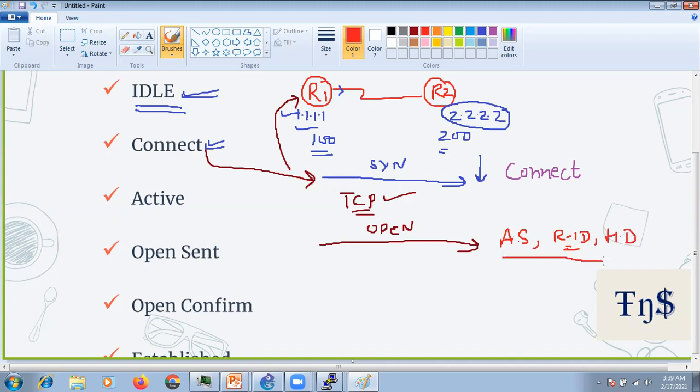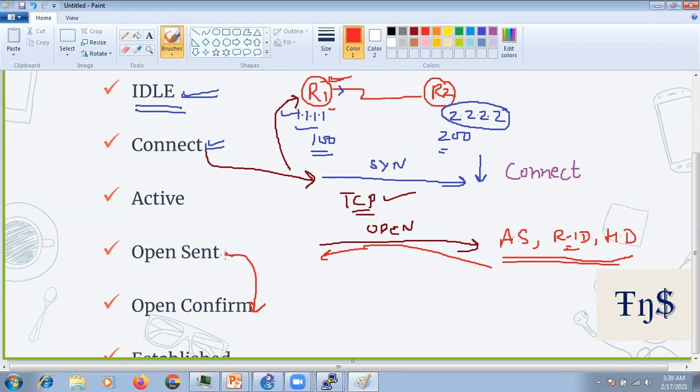And also they will exchange some capability. R2 will also send the open message to R1, right? So at this stage, let's say if everything is okay, R1 checks, okay, the remote AS that I configured, it's the same, and authentication maybe they have configured with the password, and also everything is fine. Then R1 will move to the open confirm, right?